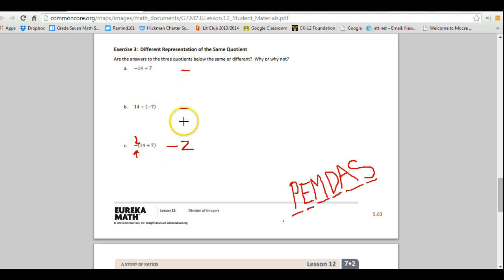Well, I know now that they're all negative values. I know this is actually 2. And I can see that it's a larger integer divided by the smaller one. So 14 divided by 7 is 2, and 14 divided by 7 is still 2. Okay, so these all came out the same. I'm not sure if you guys needed to do them first, or this is probably the only one you might